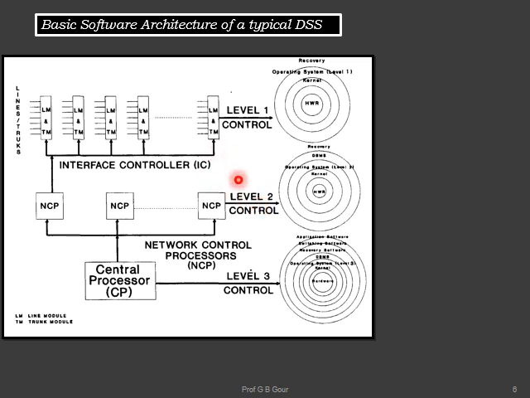So these two points you can tell, then later you can connect with your answer by explaining briefly about this block diagram. First two points are quasi-distributed, and second, why we are discussing the high level DSS software architecture. Third point, we will start explaining briefly what appears in the block diagram. So please listen carefully to what I am explaining about this block diagram. As already mentioned, this figure shows the basic software architecture for a typical DSS.